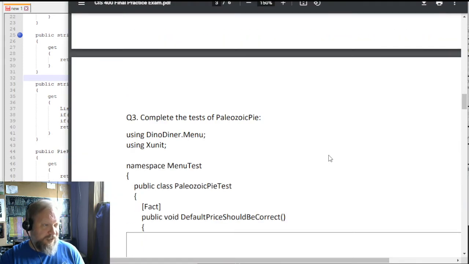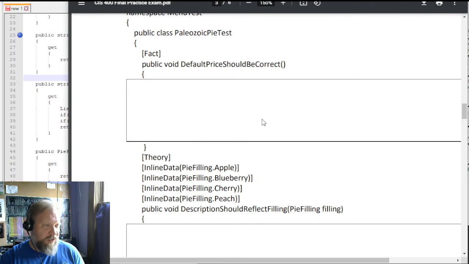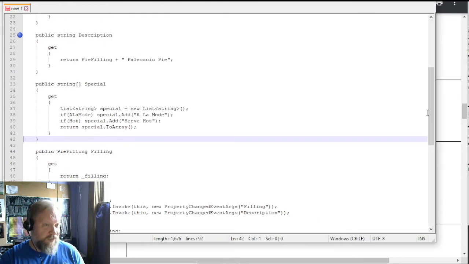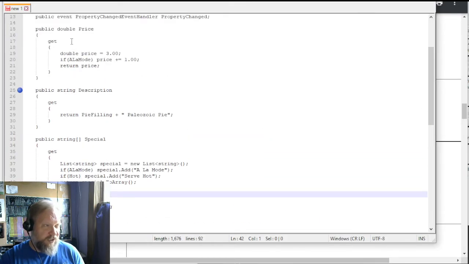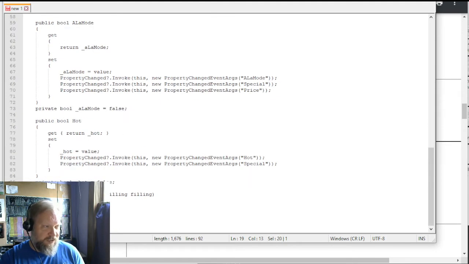All right, let's complete these tests of Paleozoic pie. So we have a Paleozoic pie test: default price should be correct. Well, we know from our description up above the default price should be $3 because we're not in all-in mode by default. So this test would look something like